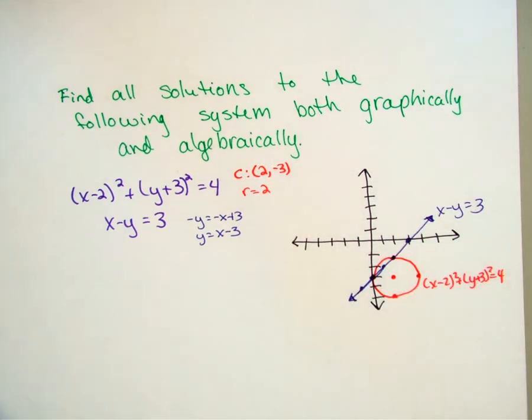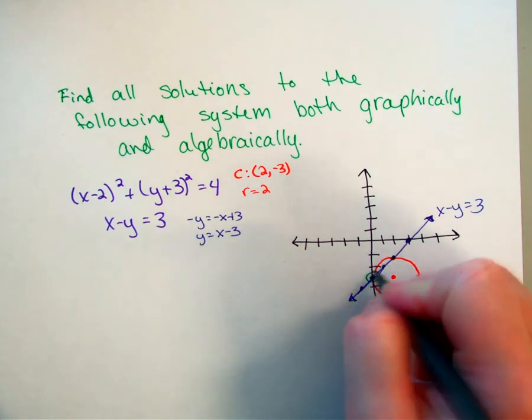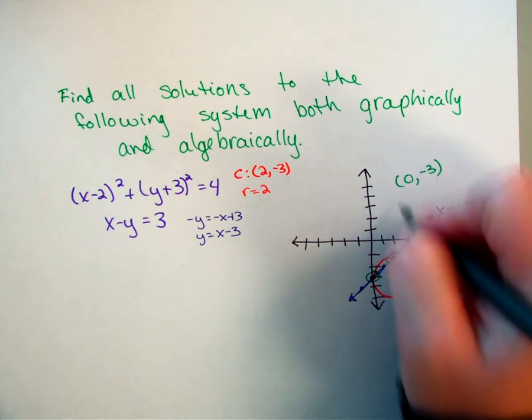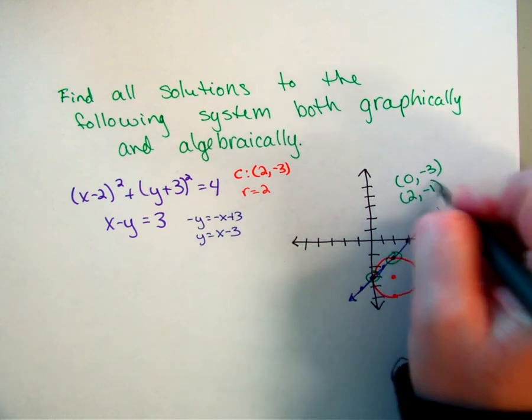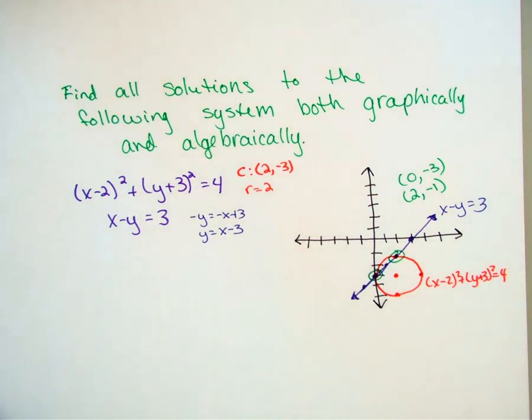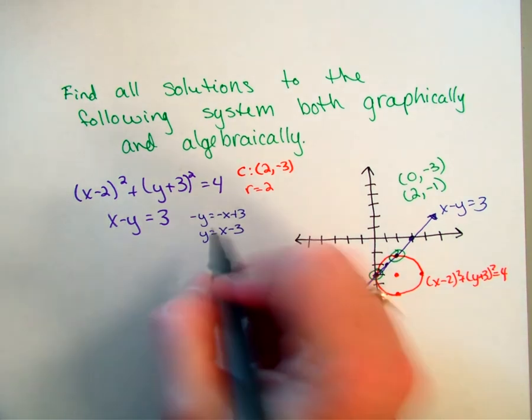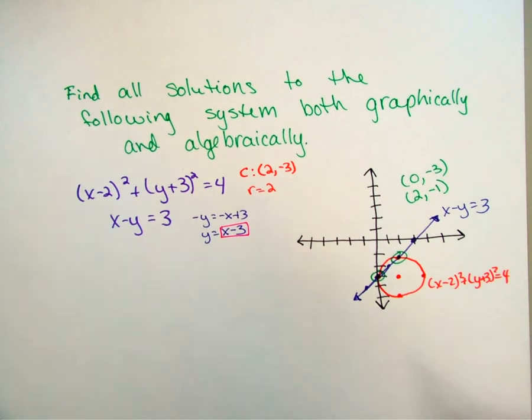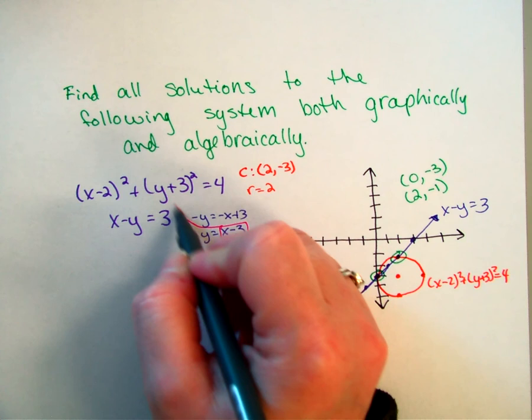So based on the graph, I find that we have two solutions here. We have a solution at 0, negative 3, and we have one at 2, negative 1. So hopefully we will find that that's also what we have when we do it algebraically. So algebraically, we still want to do substitution. So I'm going to take my linear equation that I rearranged, my x minus 3, and I'm going to plug